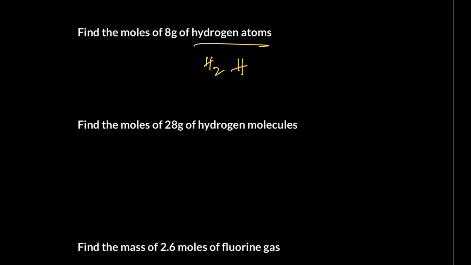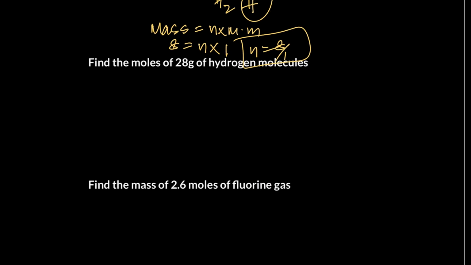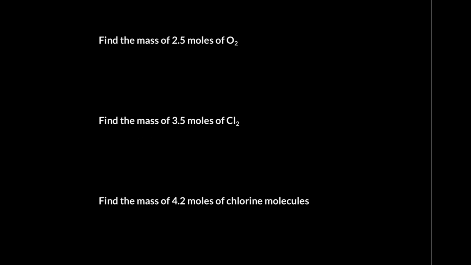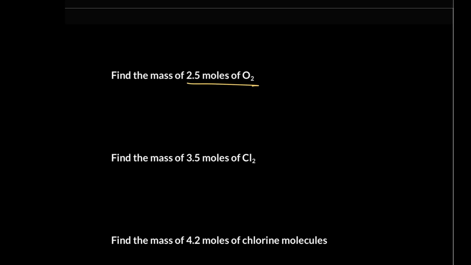हाइड्रोजन एटम्स की बात हो रही है, राइट। सो इफ यू वांट टू कैलकुलेट द मोल्स, मास गिवन है ना, तो मास इक्वल मोल टाइम्स मोलर मास। मास 8 ग्राम है, मोल निकालने हैं, मोलर मास 1, n इज इक्वल टू 8 डिवाइड बाई 1 विच इज 8। डन, ये बाकी आप लोग खुद कर सकते हो। फाइंड द मास ऑफ 2.5 मोल्स ऑफ O2।